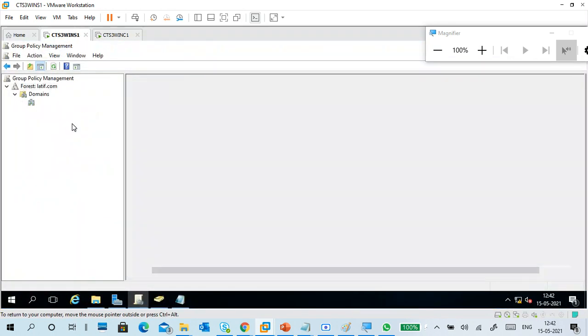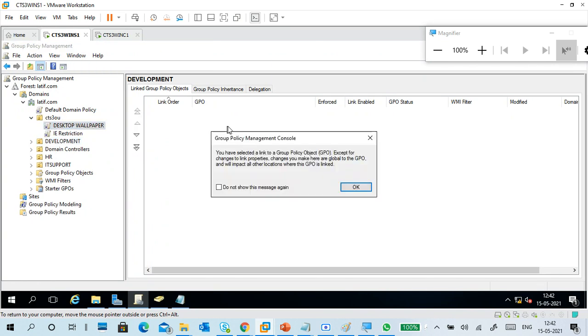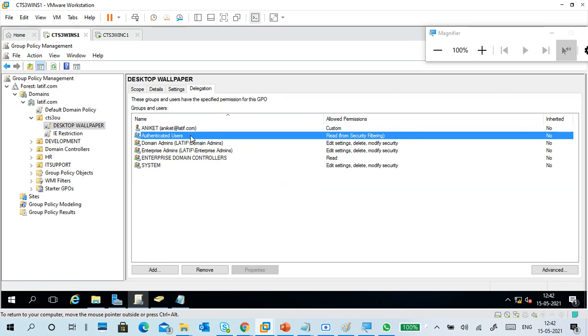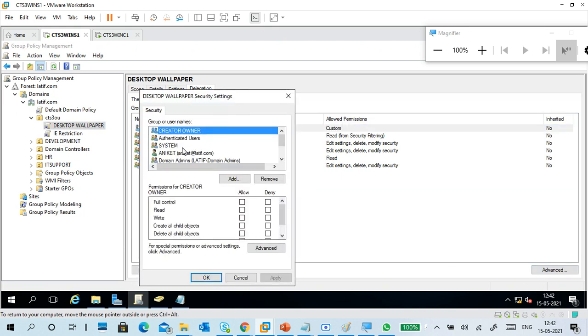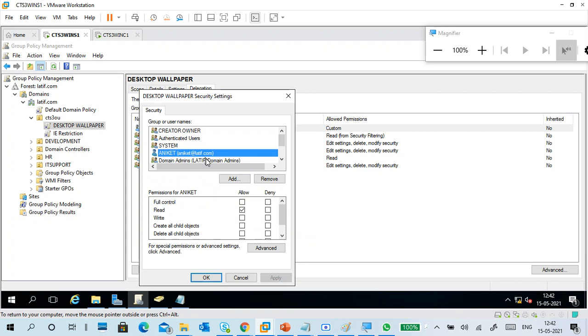Guys, understand deny the policy. So how do I deny the policy? I went to delegation. There I add a user using advanced. Then I gave apply policy deny.